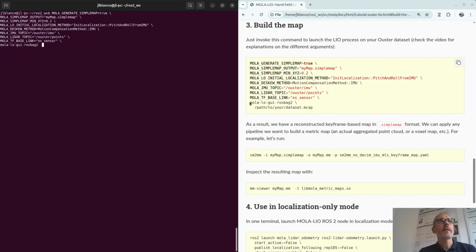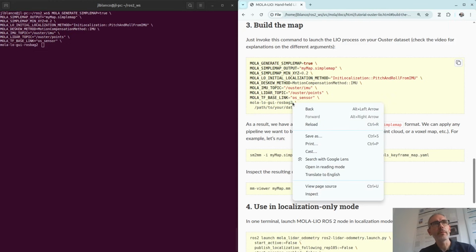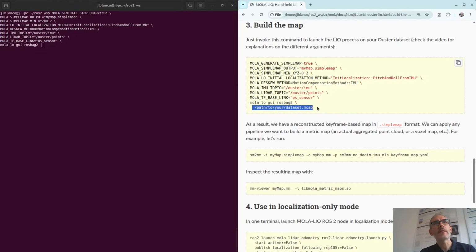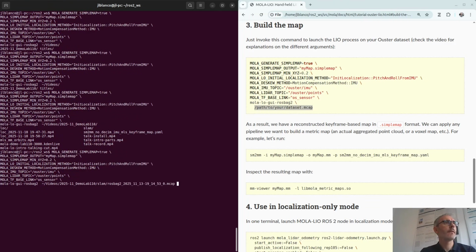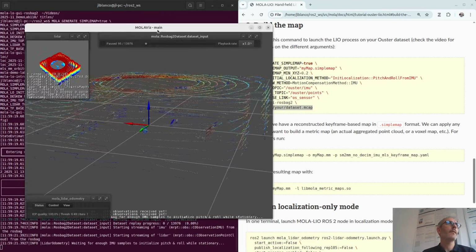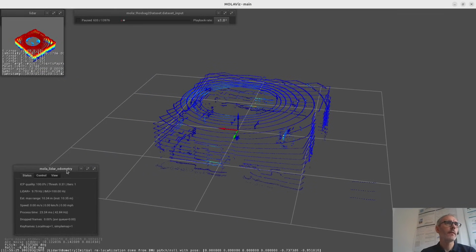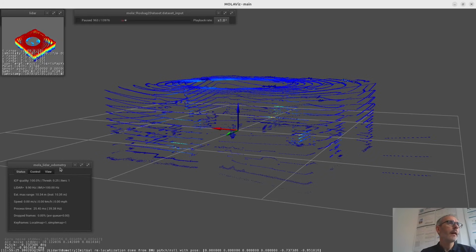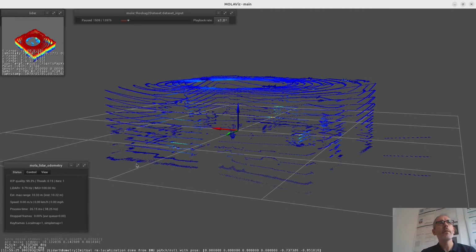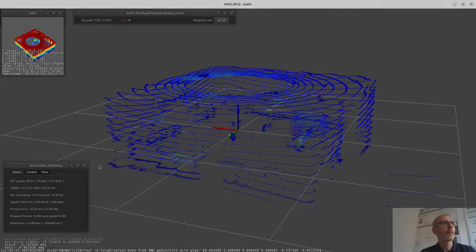This is not, by the way, a ROS2 launch. It runs independently of ROS2 and can read the dataset from different sources. One of them is a ROS2 bag, like this, like an MCAP file here. Okay, so you can see it started. It has an independent GUI, and I will start later to show you the different parts here. So for now, we will give you a video of the mapping session.